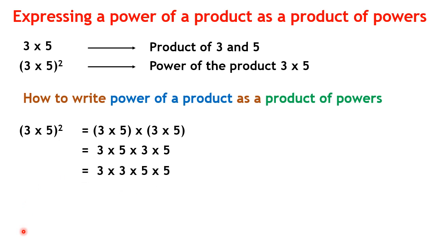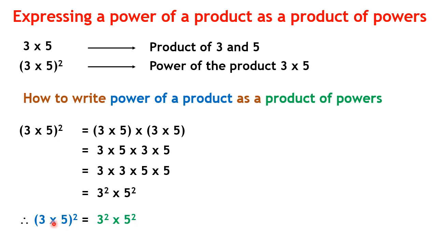When we write the same expression, writing the same bases nearby, here 3 two times, 5 two times. Finally, when you write this expansion form in the power form, it becomes 3 squared into 5 squared. 3 to the power 2 into 5 to the power 2. Therefore, 3 times 5 whole thing squared equals 3 squared into 5 squared.